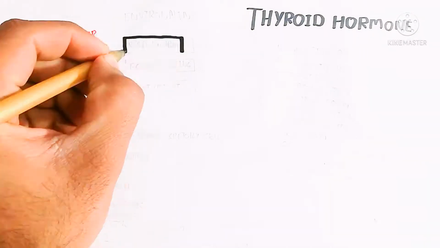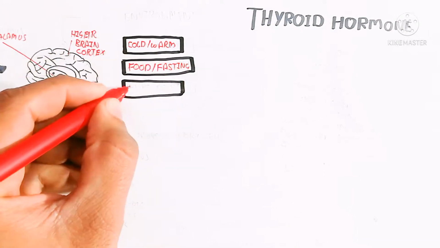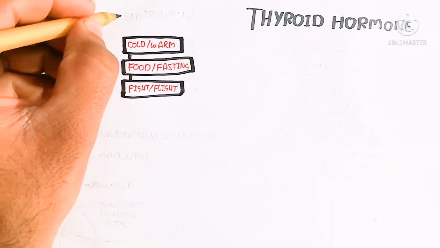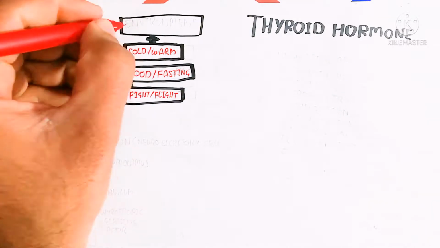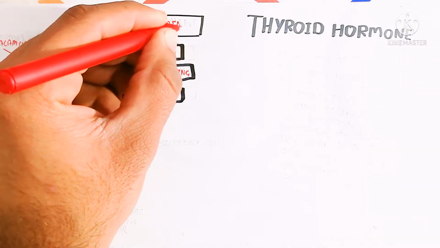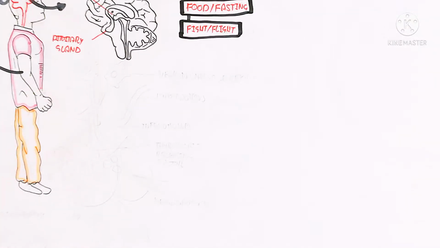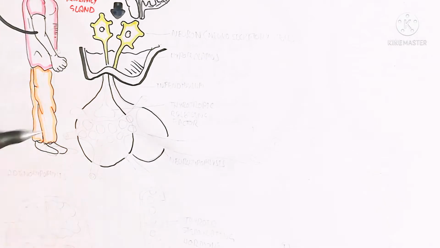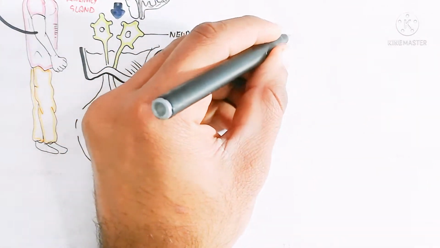In this way the positive feedback will occur, and the pituitary gland will be stimulated after the hypothalamus stimulation. The hypothalamus will stimulate the endocrine secretory cells of the pituitary gland at the anterior lobe. So here is the environment, for example cold, warm, food, fasting, and fight and flight response, which will give the signal to the higher brain cortex, and the higher brain cortex will transmit the signal to the hypothalamus, and the hypothalamus will stimulate